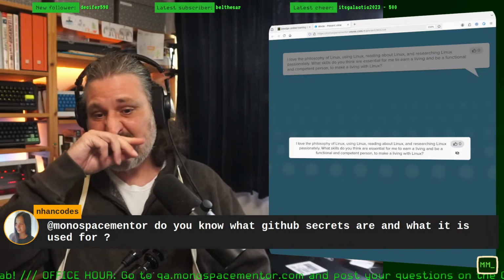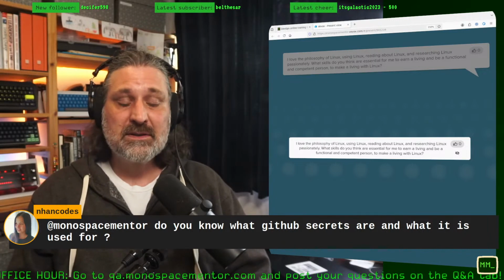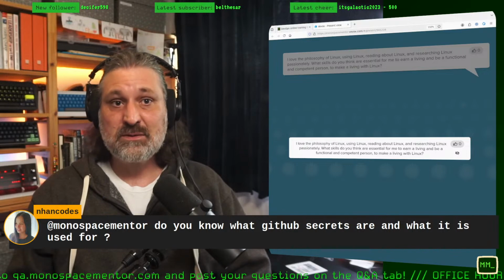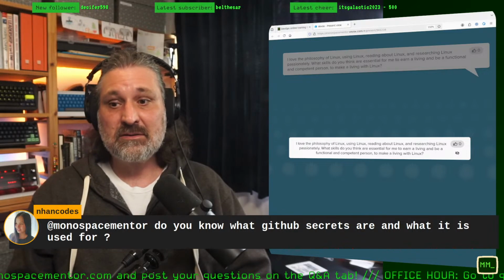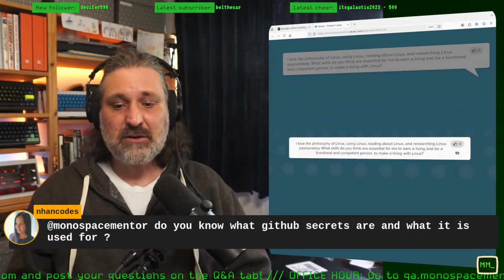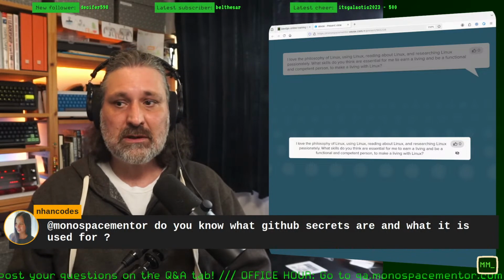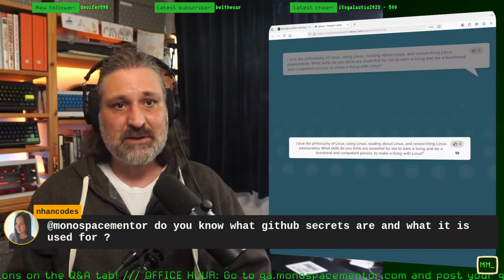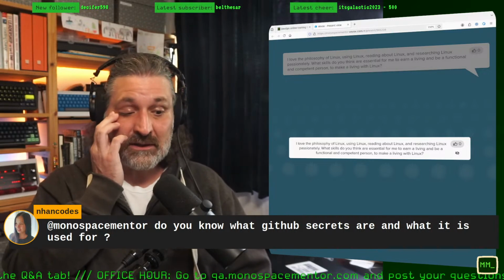You can't just write them into your CI YAML file, because if that gets exposed, you have a serious security issue. And that's why these platforms allow you to maintain and manage these secrets separately from your Git repository.